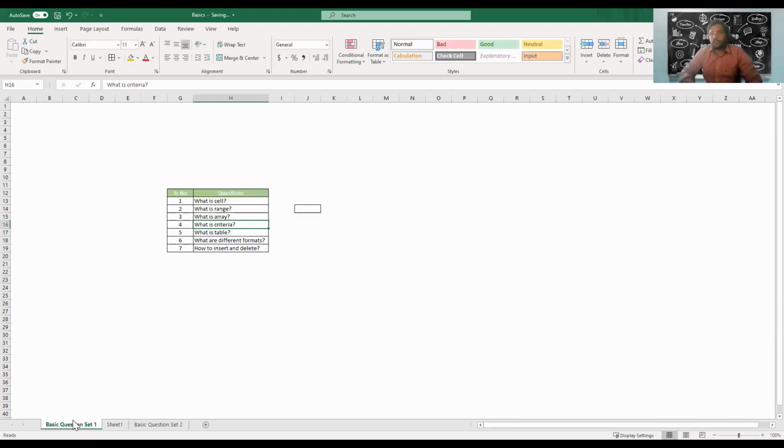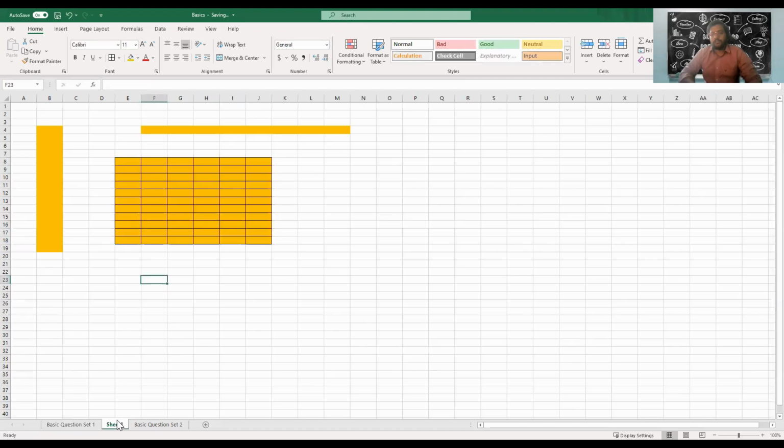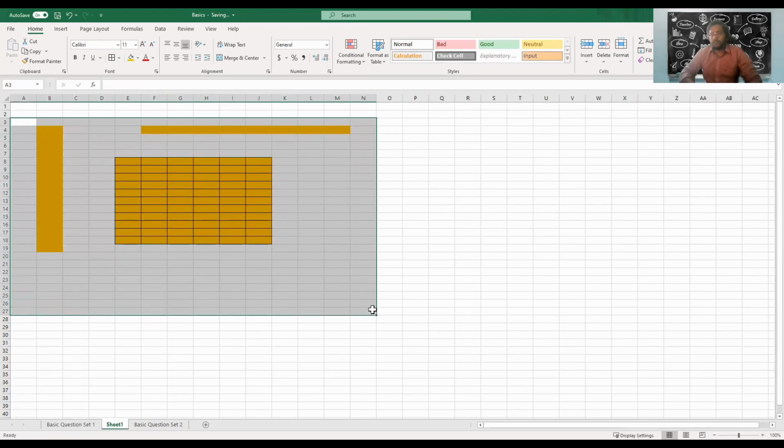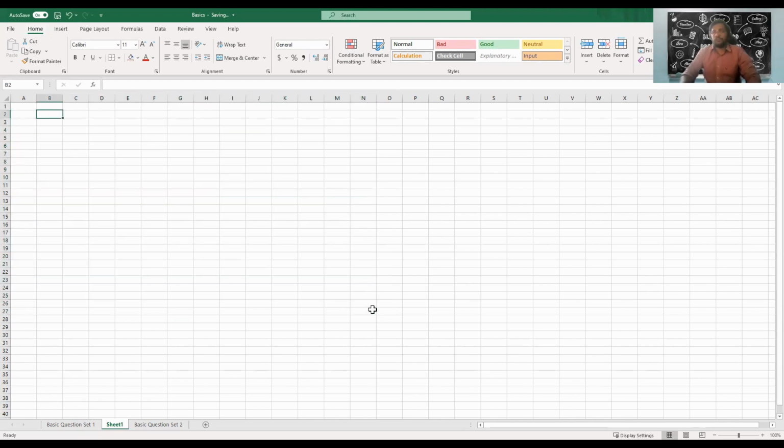I'll move to the next question. What is a table? This is an interesting thing. Excel is a very powerful tool in terms of analysis and representing your data. So let's say we have a data set. We'll just remove this. Now we will create a serial number. We'll say 1, then equal to 1 plus 1, and I'll drag this, let's say we'll take 15 rows, and we have revenue.